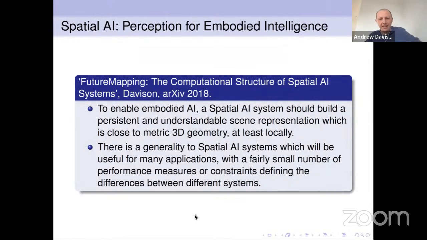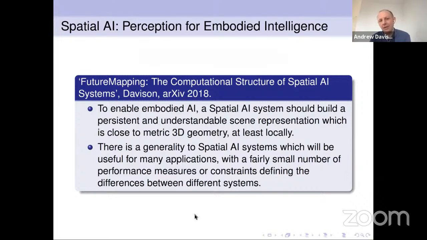So as Torsten kindly mentioned, I've been thinking a lot about the general progress of this field, and I've written a couple of papers that you might find interesting. These are really like discussion position papers, on future mapping. So far there are 2 of them. I'll mention the second one in a minute, but there might be more at some point. The first paper is called The Computational Structure of Spatial AI. And there I make some hypotheses about this general area of spatial AI.